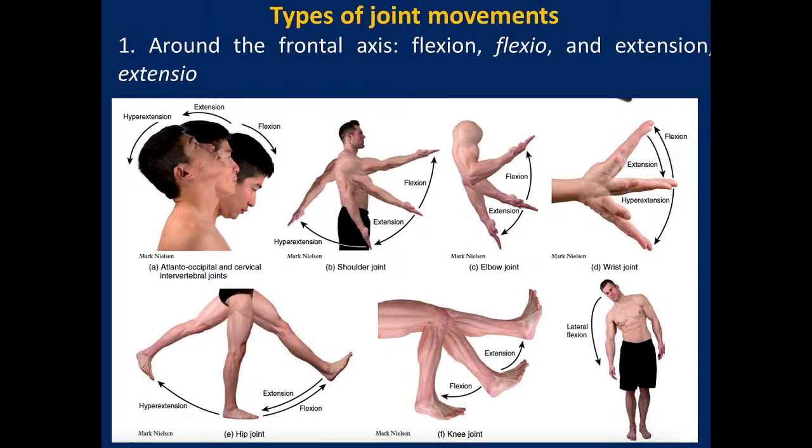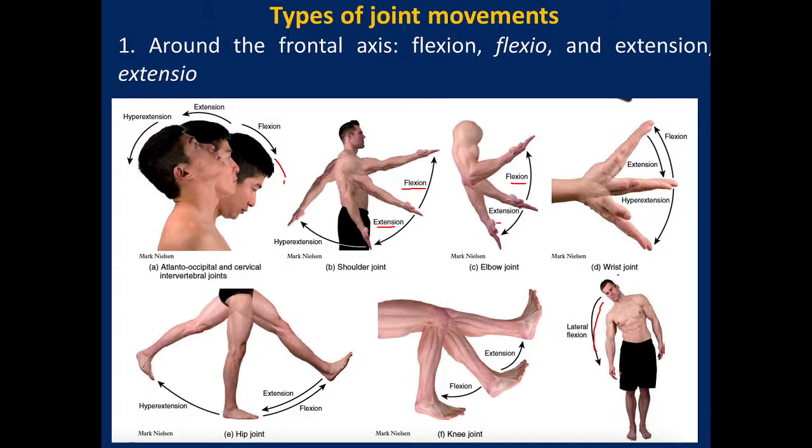This is the example of joint movements, and around the frontal axis we produce flexion and extension. Here is the example of flexion and extension. This is also flexion extension in the cubital elbow joints, in wrist joints, and even in knee joints, as well as in the hip joints. We call it also flexion extension in the movement of the head, and sometimes we call it anterior flexion here, and sometimes we call it the lateral flexion, right and left side